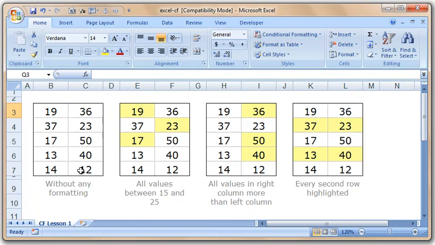Today, we will learn by doing stuff. We will not learn the theory. Of course, we will learn some theory, but the objective is to learn by doing stuff. So we take some data that has no formatting whatsoever, and then we try to apply conditional formatting in three different ways. One where we try to highlight all the values between 15 and 25 in the table in a different color, and one where we try to highlight values in the right column